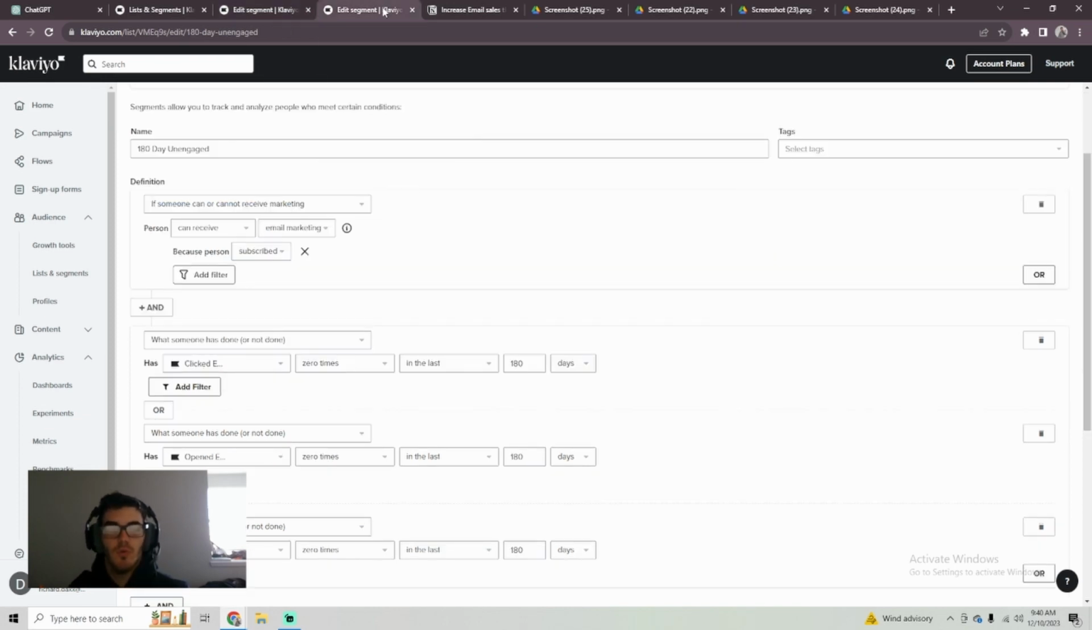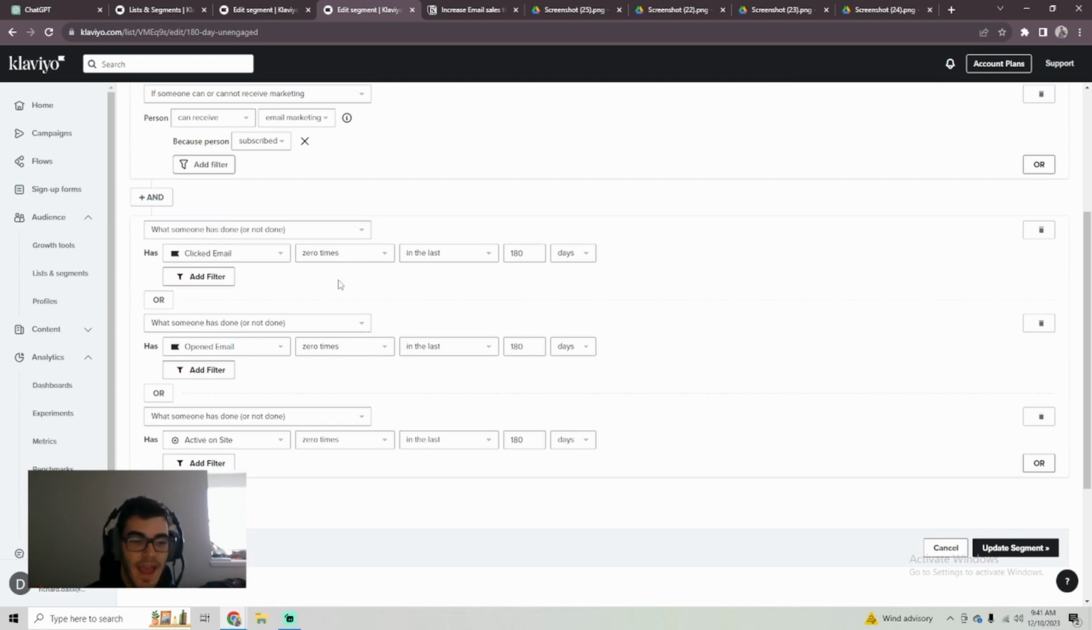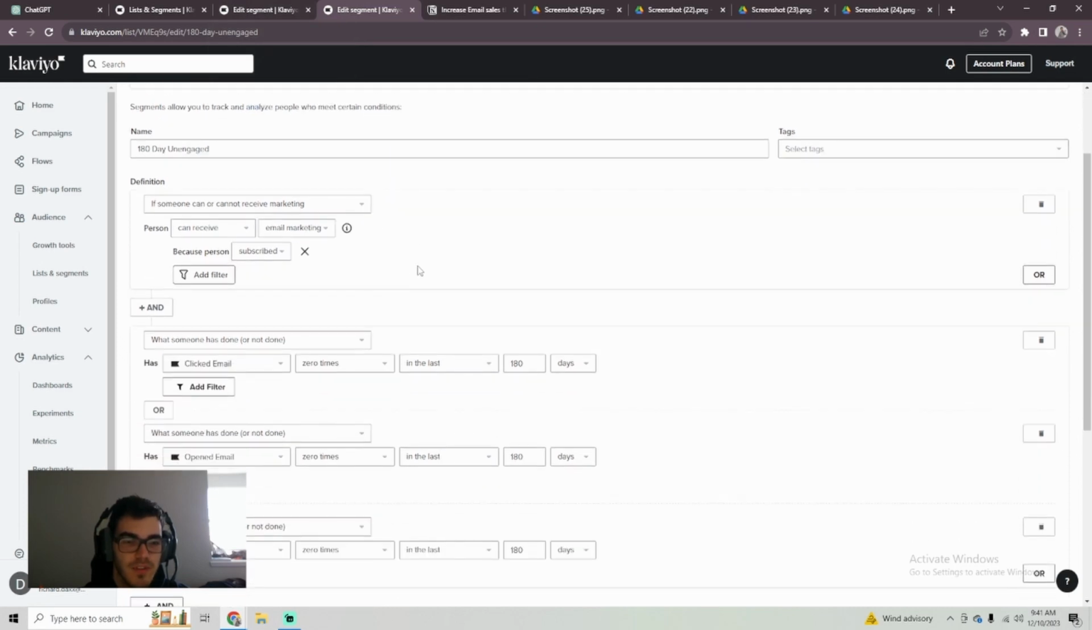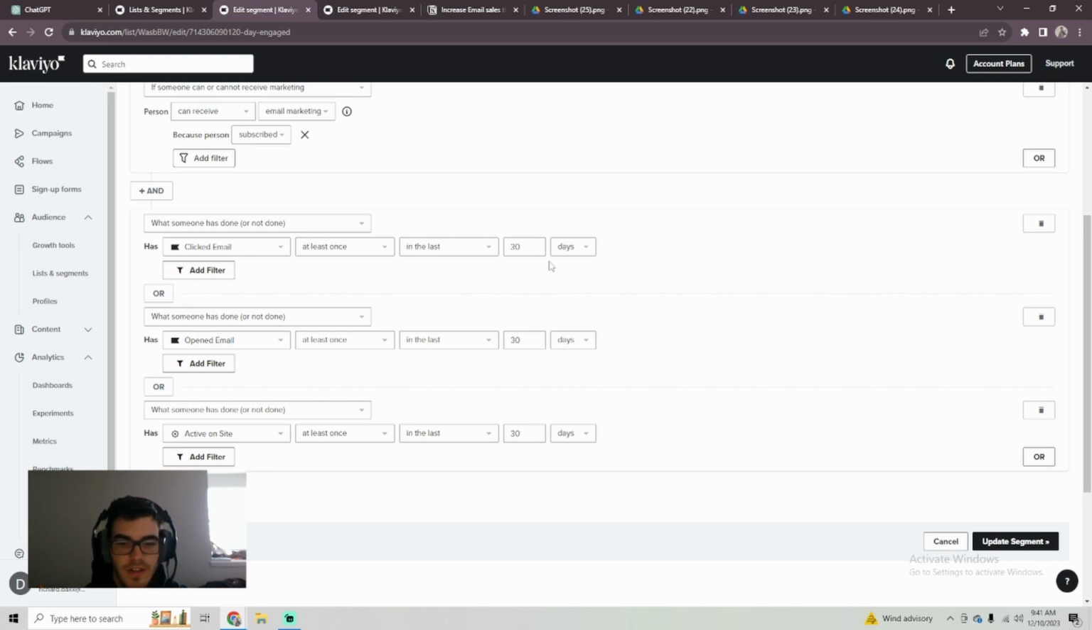Let's hop over to what we're going to be using to get people off of the list, right? For the 180 day engaged, it's about 7 months where they have not opened or clicked or even been active on the site, right? So what we're going to do is we're going to make sure, of course, they can receive email marketing. They have not clicked, opened, or been on the site. So the way you're going to set that up is going to be a little bit different than the actual day engaged segment. Instead of at least once in the last 30 days,